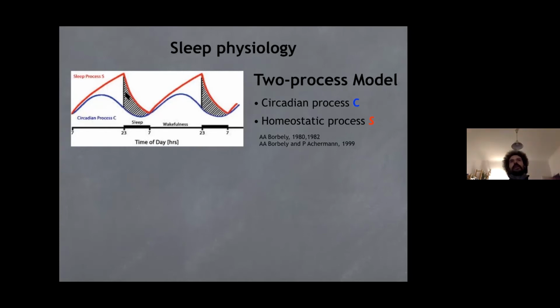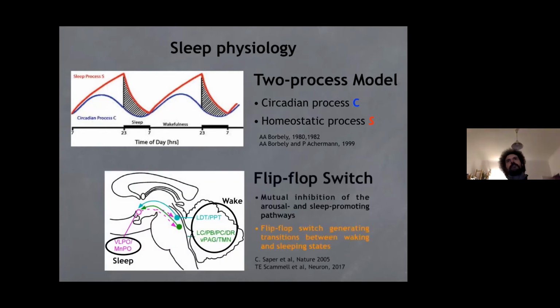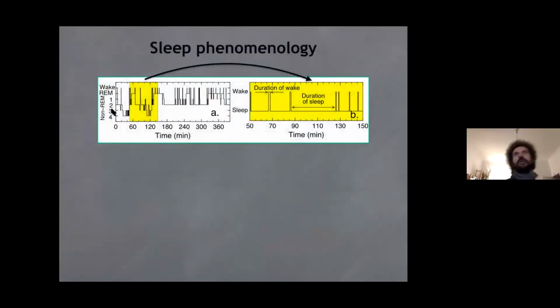At the neuronal level, there is a very simple model, the flip-flop switch model, that tells us how this alternation between sleep and wake happens. And this is simply happening due to the mutual inhibition of the arousal and the sleep promoting pathways. All right, those models are very simple, also very successful, but unfortunately, sleep phenomenology is way more complex, because during